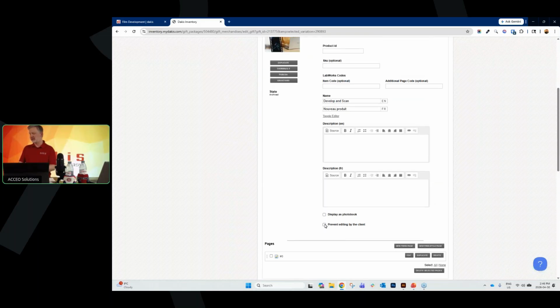We're going to click on the checkbox, which is prevent editing by client. The reason why this is important is that this is the checkbox that will prohibit the customer from going to that page that will,